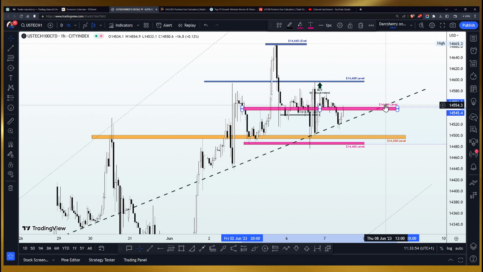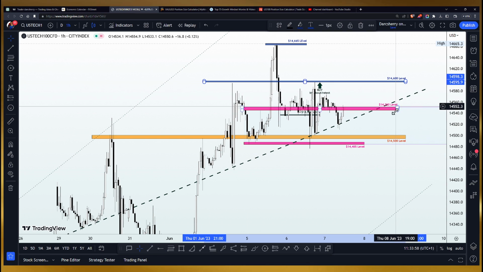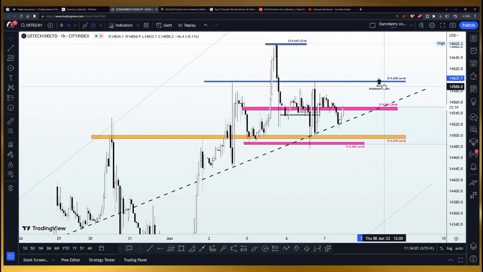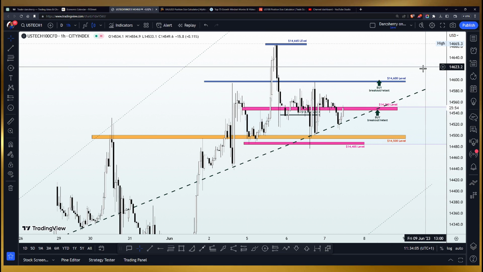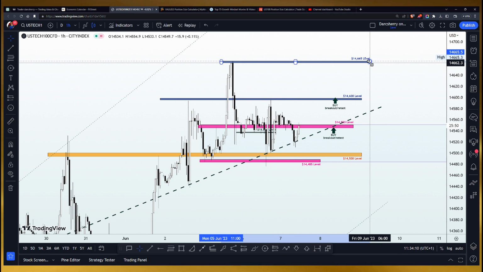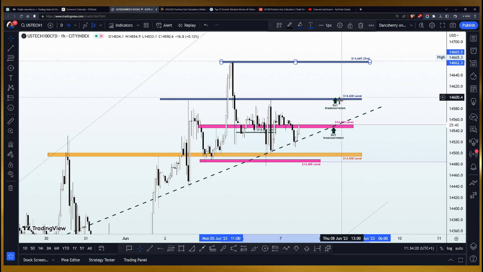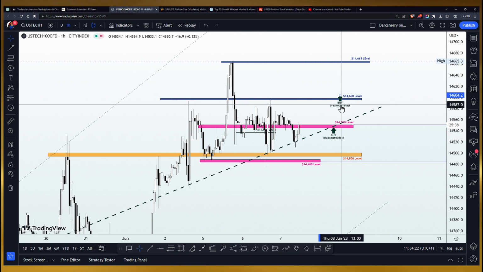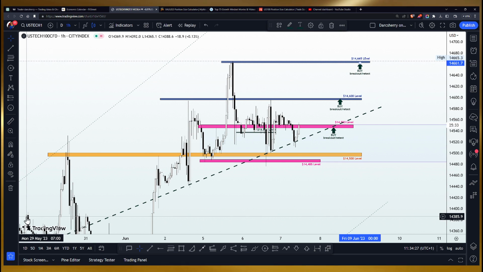Anywhere above the 14,550 seems most appropriate at this point, and then we continue to move all the way to the upside if price action also breaks out of the 14,600. And if this momentum continues, we also have a key level, which is the resistance line at the 14,665. This is the highest point price action has been this year. So if price action gets into that area and it breaks out and retests that level, we have no other choice than to look out for more opportunities to buy the USTech100.